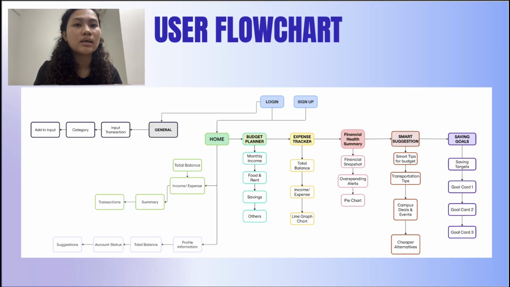If they want to plan ahead, they can access the budget planner to set their monthly budgets for various categories. The application will then allow them to compare their actual spending against these planned budgets through the visual financial summaries. A unique aspect we're excited about is the smart suggestion feature. Based on their spending patterns, the application will provide users with tips and alternatives to help them save money more